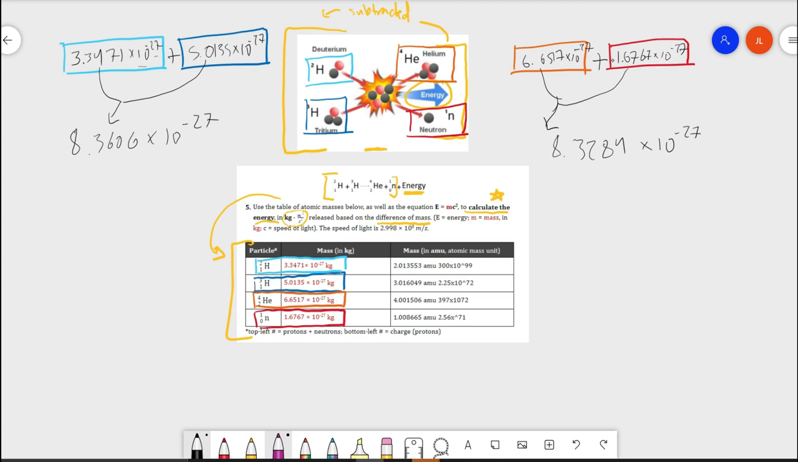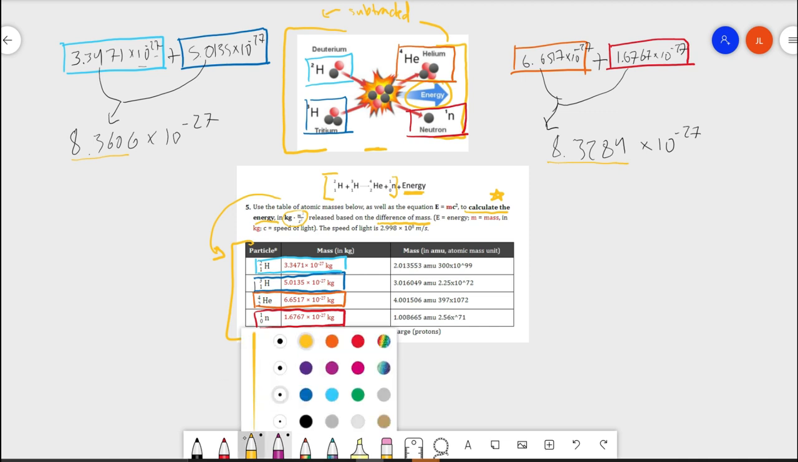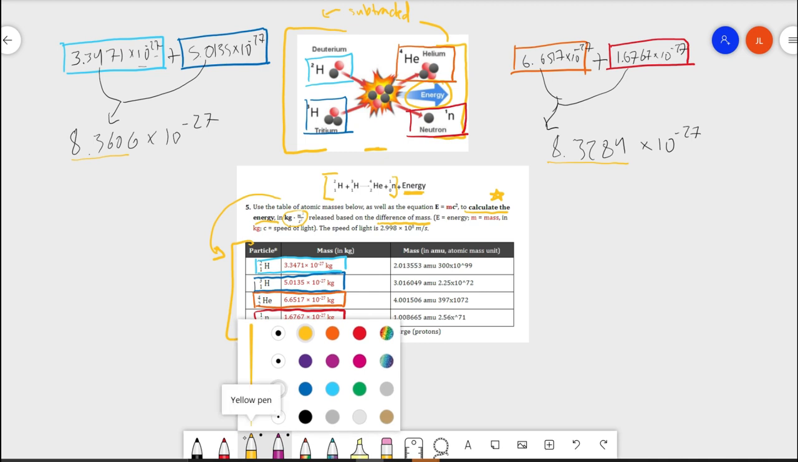Now, this is where we can subtract one from the other. We notice that it's ever so small, but it's still true that the original mass, what we start off with, the reactant mass, is bigger than what we end with. And this is where we can finally plug that in, right? So that would be